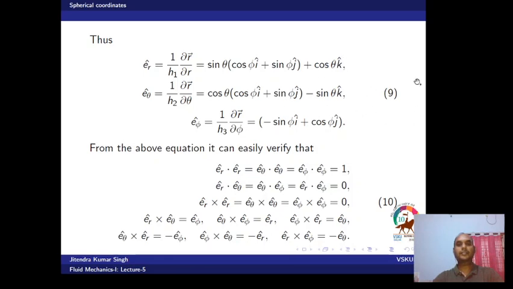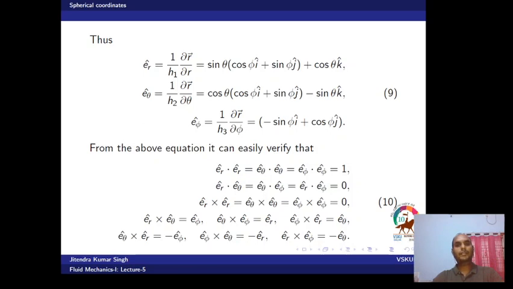So in equation 9, we got the unit vectors e_r, e_theta and e_phi. Now we have to show that the spherical coordinate system is an orthogonal curvilinear coordinate system. So we have to show that this epsilon delta relation will be satisfied. Its meaning is that we have to show that e_i dot e_j is equal to delta_ij, which is equal